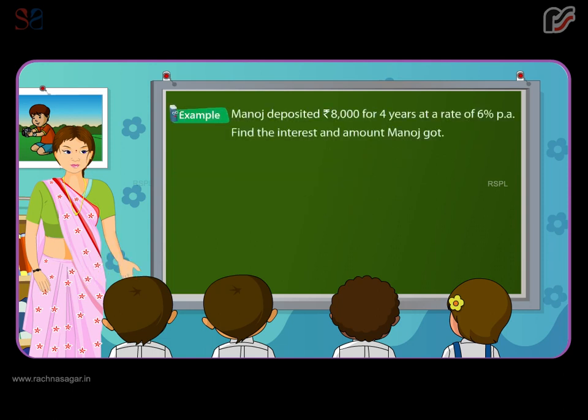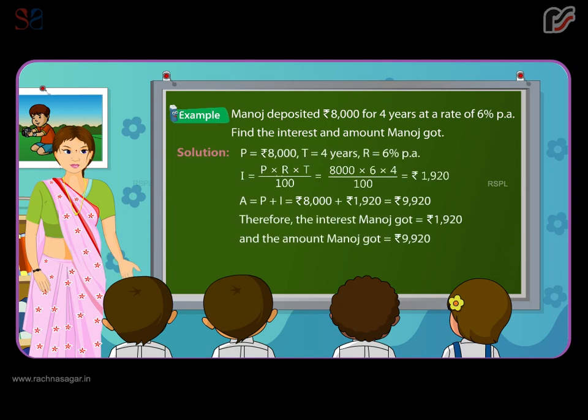Example: Manoj deposited 8,000 rupees for 4 years at a rate of 6% per annum. Find the interest and amount Manoj got. Solution: P is equal to 8,000 rupees. T is equal to 4 years. R is equal to 6% per annum. I is equal to P into R into T upon 100 is equal to 8,000 into 6 into 4 upon 100 is equal to